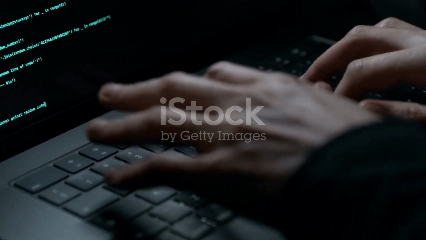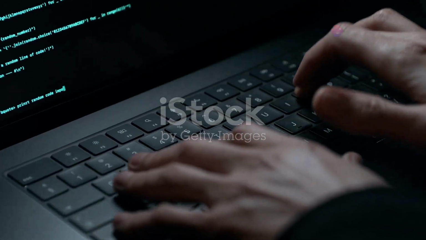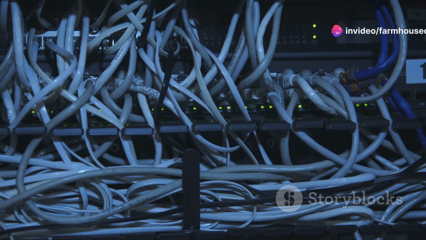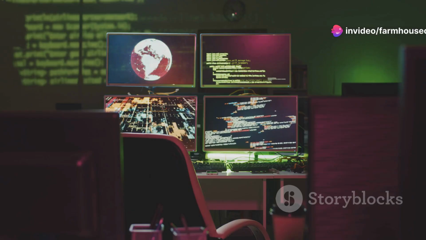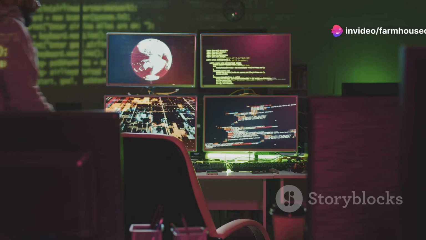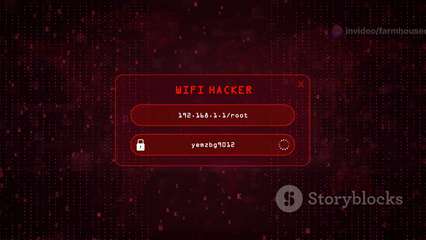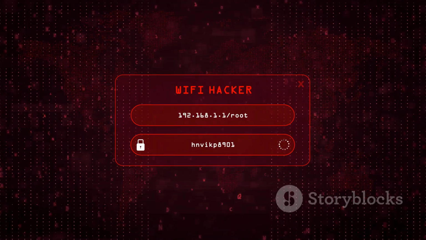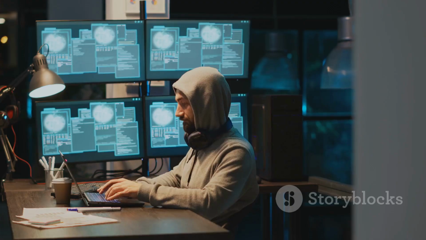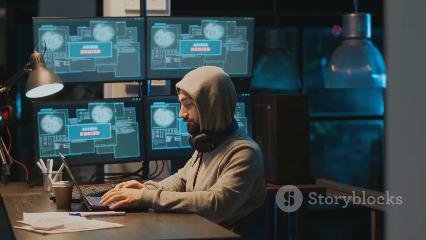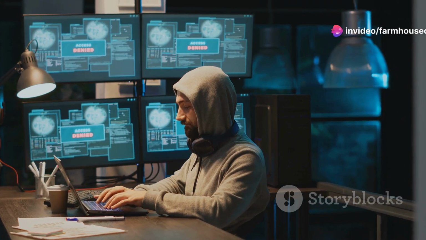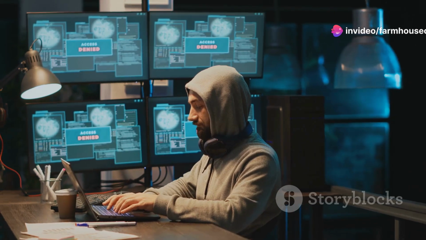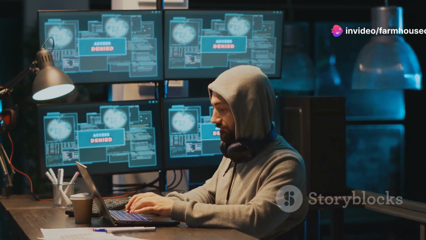Imagine being able to craft and decode network packets, the fundamental units of data that travel across the internet. Scapy empowers you to do just that. It's like having a network sniffer and a packet crafting toolkit all rolled into one. Security researchers use Scapy to analyze network traffic, identify vulnerabilities, and test security mechanisms.